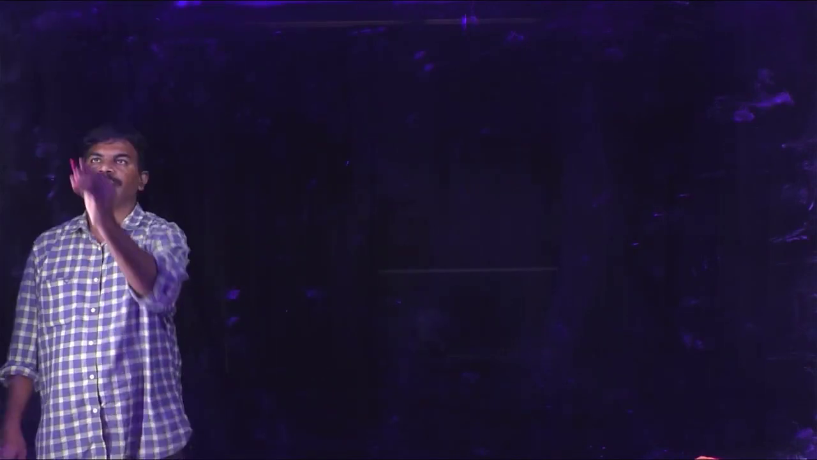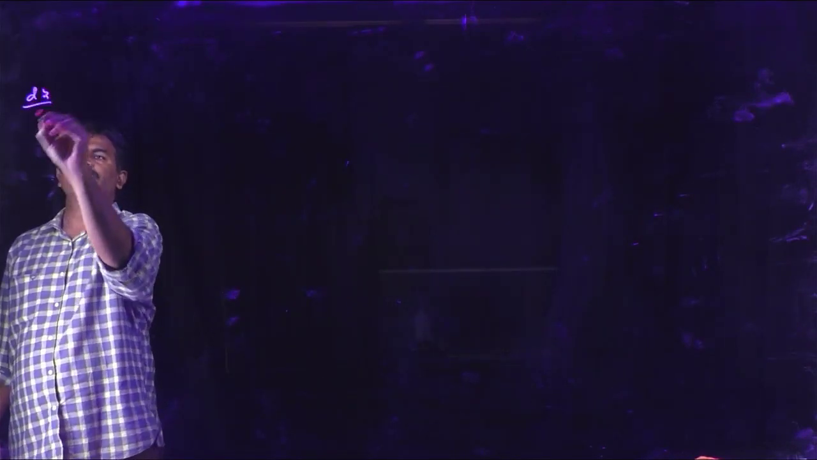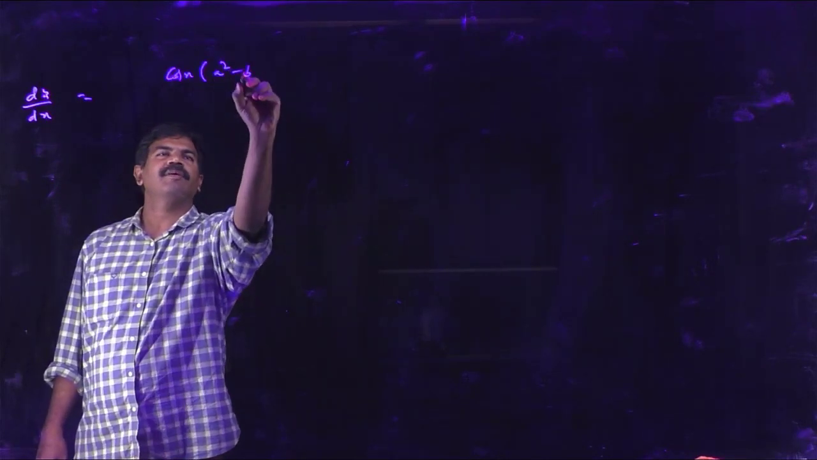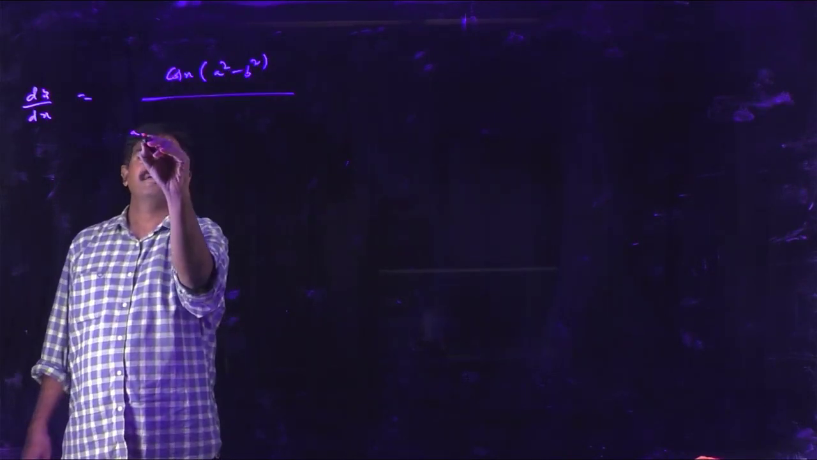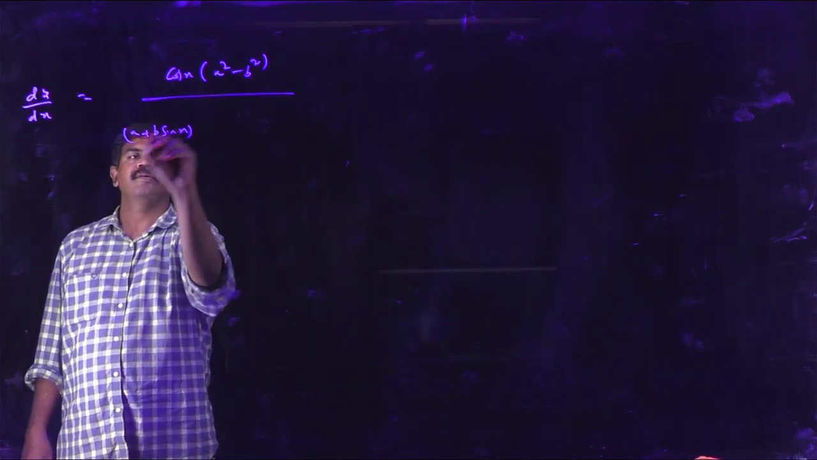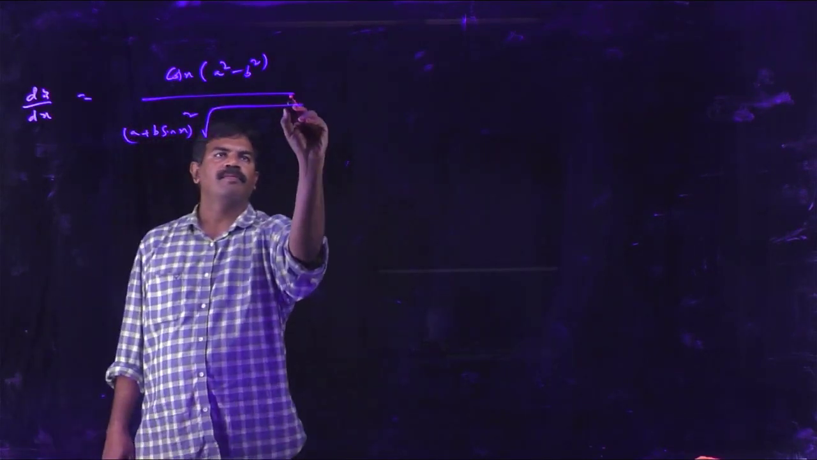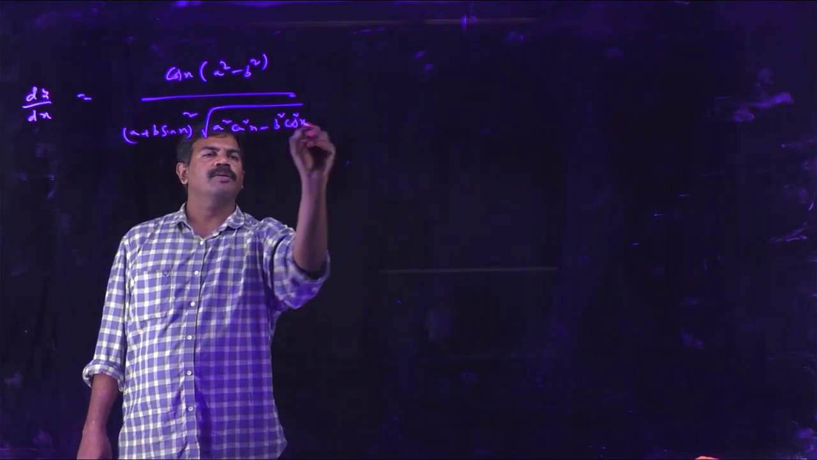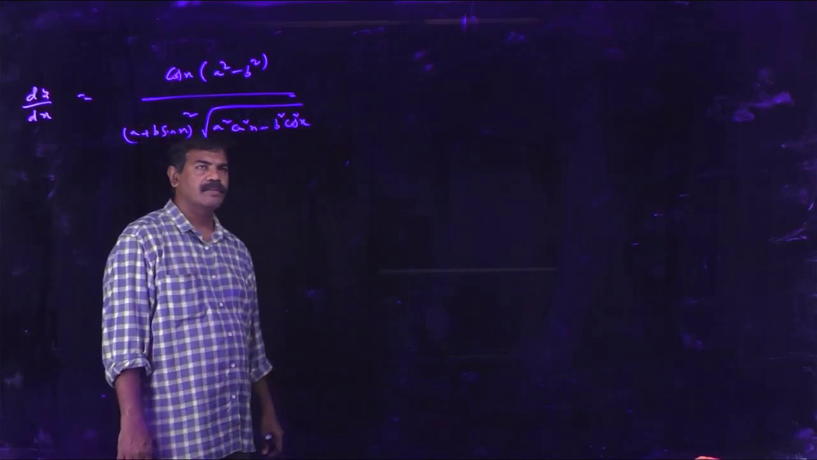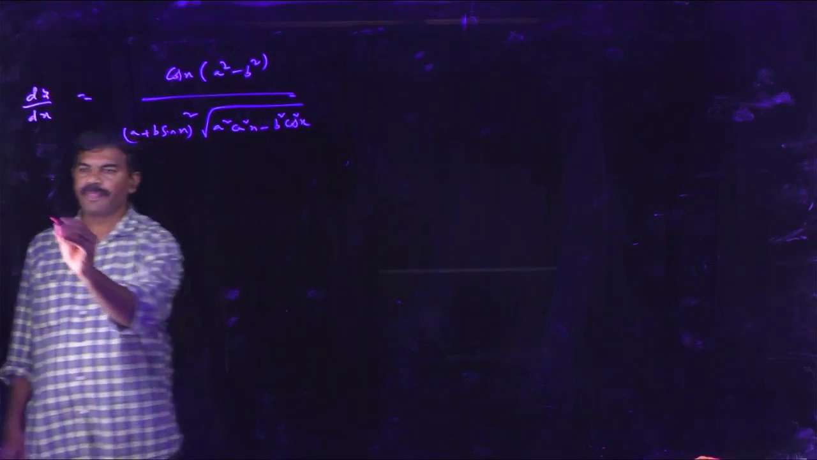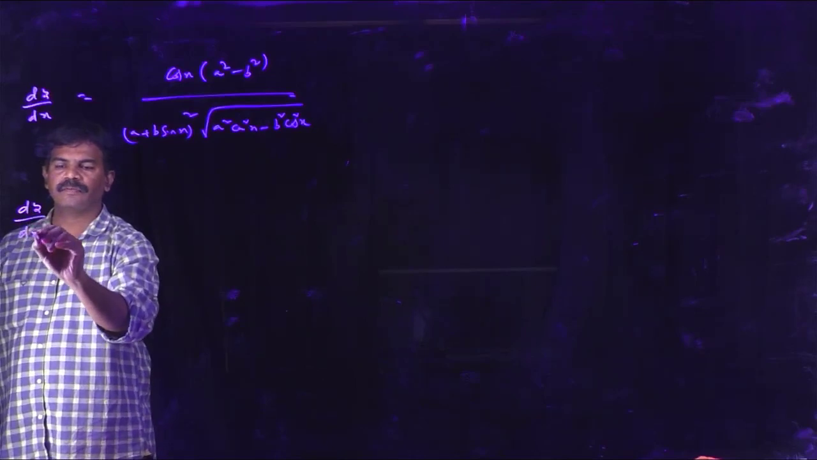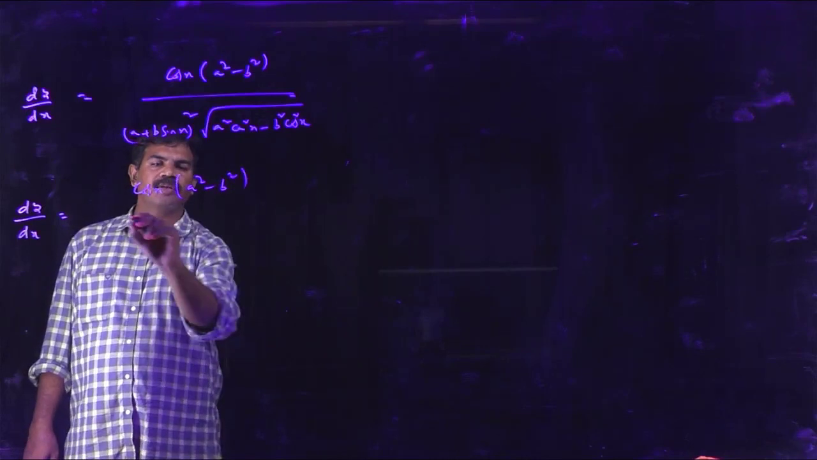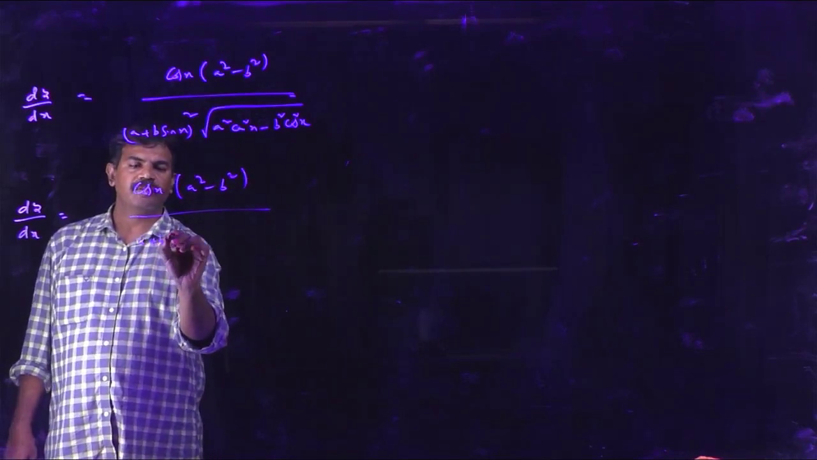Now next, dy by dx is equal to cos x into (a square minus b square) by (a plus b sin x) whole square into root of a square cos square x minus b square cos square x. We know that 1 minus sin square x is equal to cos square x. That is, dy by dx is equal to cos x into (a square minus b square) by (a plus b sin x),